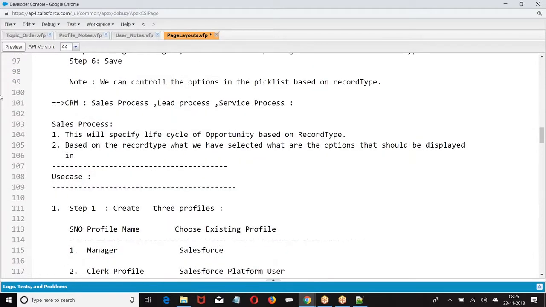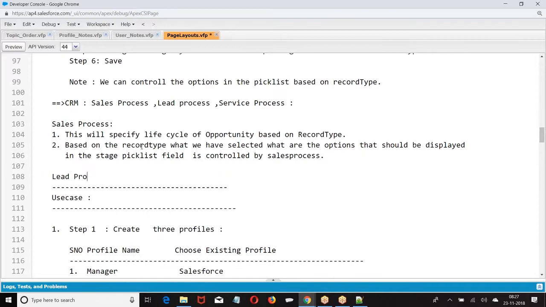Based on the record type we have selected, what are the options that should be displayed in the stage field? Same concept. Record type on opportunity will control which options should be displayed in the stage pick list field. Here they directly gave one name for the process. What is the process? Sales process.